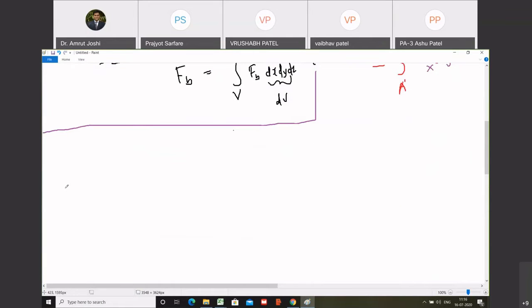Yes, sir. So potential energy associated with elastic force is nothing but potential energy stored in the form of strain energy. Do you agree with me? So now how do we write strain energy? Strain energy per unit volume is written as stress tensor transpose into strain tensor. Do you agree with me?